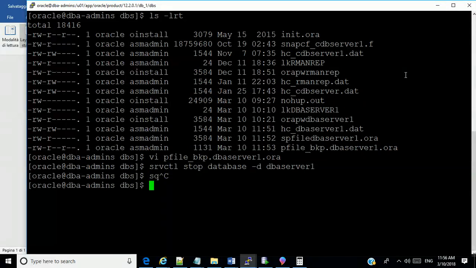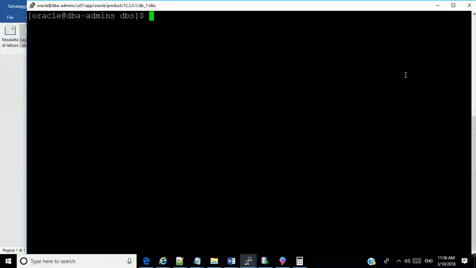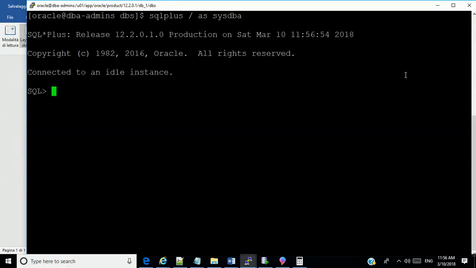Now let me clear this stuff so I will have space here. Now I'm going to start it up. SQL Plus is not started, so I'm going to start up using a specific file. pfile equal to.